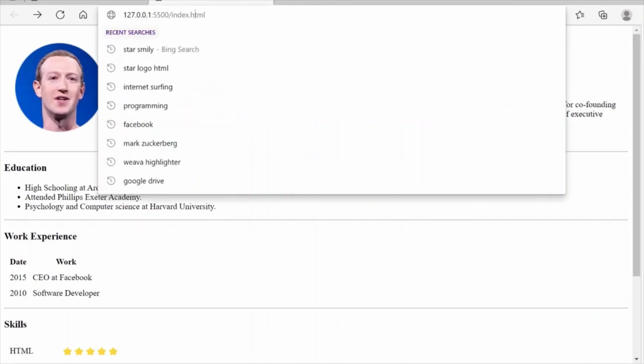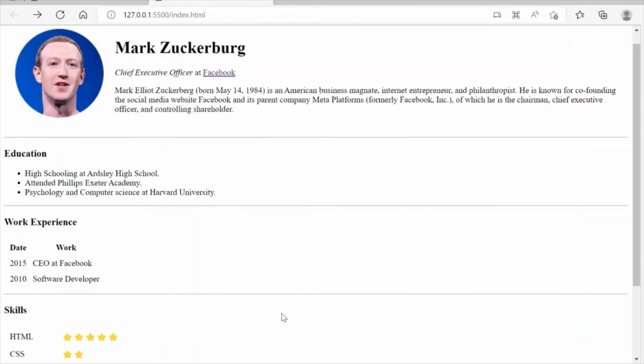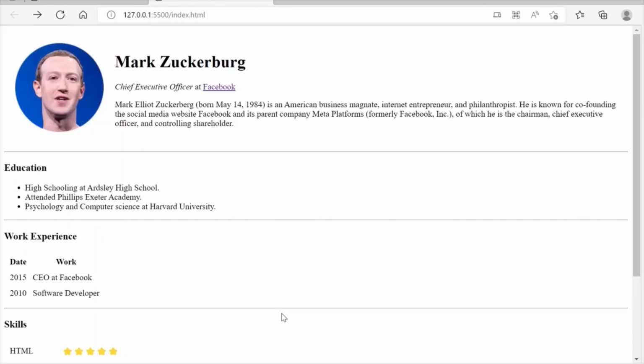If you share this link with someone else, this site will not be accessible to that person. So what should we do in order to share our site with others? We want to showcase the work that we have done to others, right? In order to do that, we need to host our site somewhere. So let's now understand how to host our site.